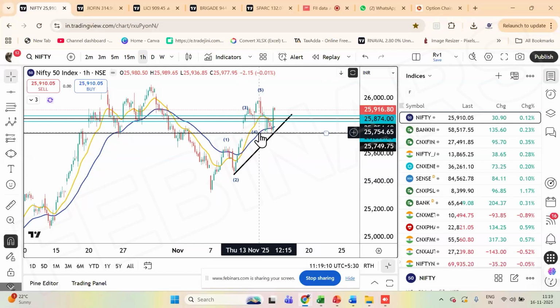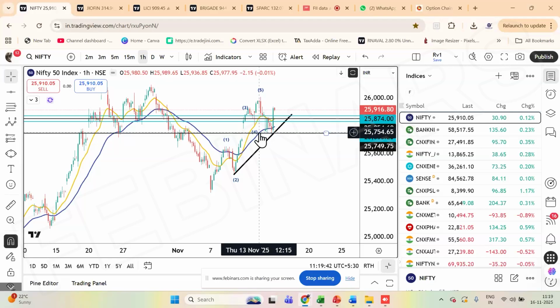Dips I would be a buyer in, even if it's a corrective advance, or else if it is an impulse rise. So impulse rise in the sense, if the 5 wave starts, then 26,450 is the first short term target. On a positional basis, it will cross fresh highs. So that is how we are visualizing the Nifty analysis